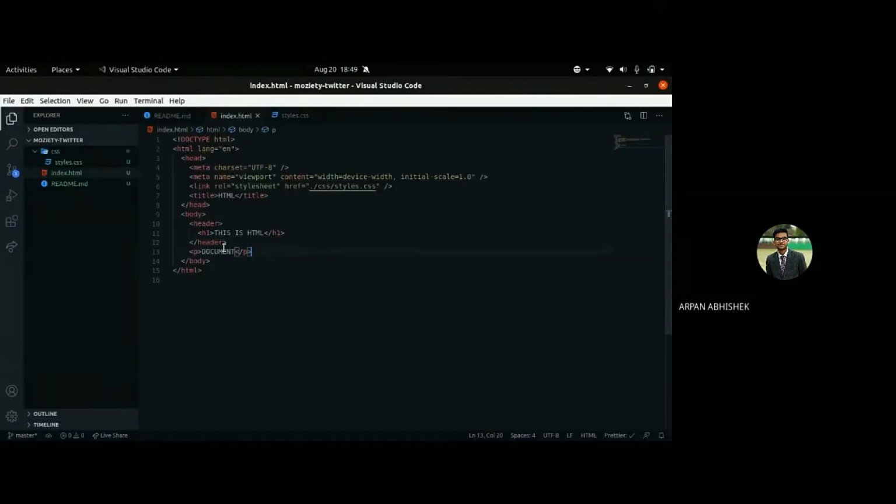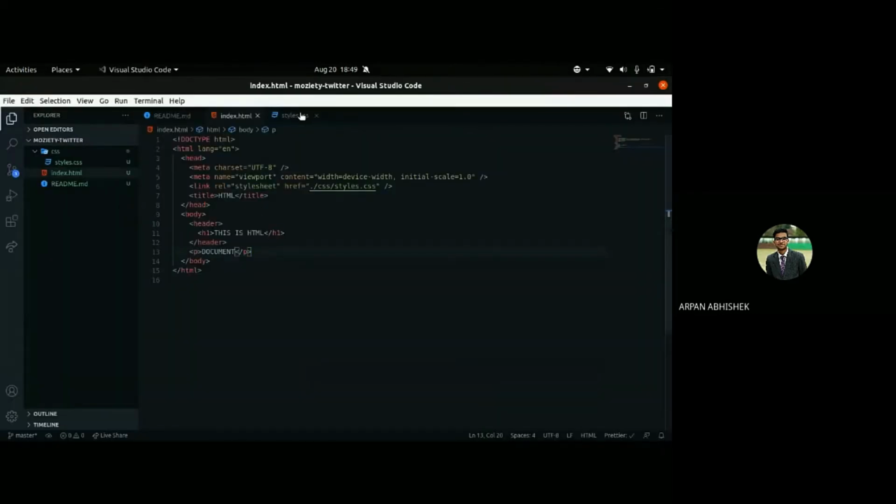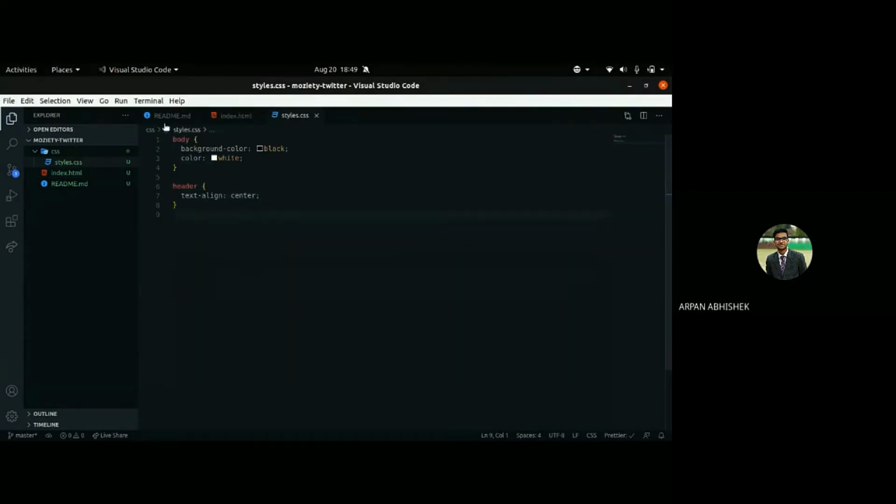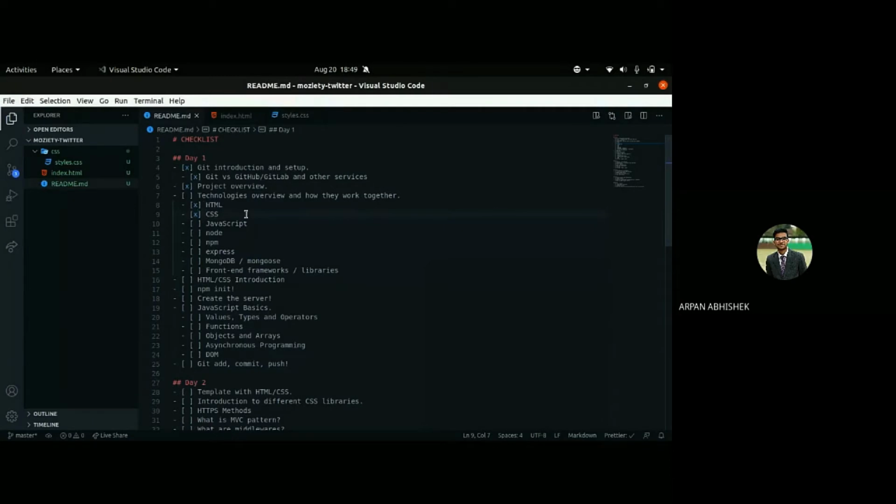And if we cut it and put it outside the header, it will have the default alignment, which is left aligned. So that's CSS. HTML is used for structuring a web page, and CSS is used to style the web page.